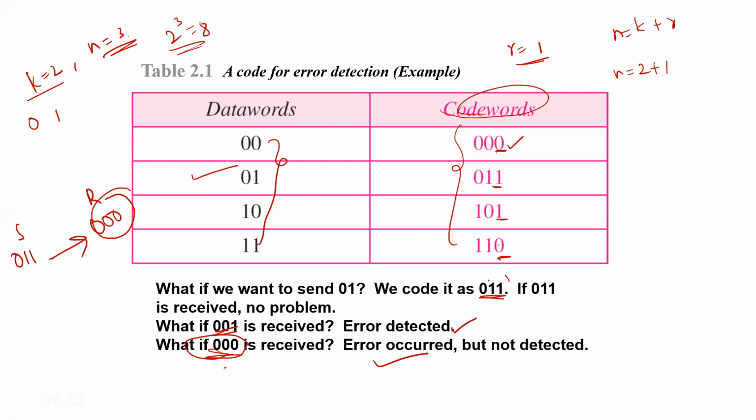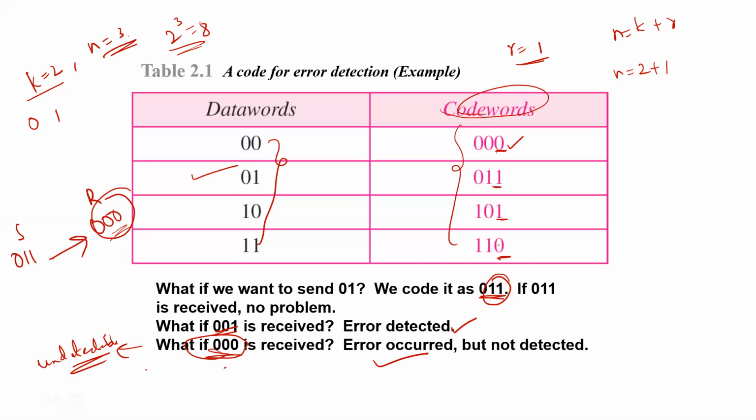So the right two bits are corrupted: instead of 1 we have received zeros. Even though the right two bits are corrupted, the receiver thinks that it is a valid code word, and the receiver incorrectly extracts the data 00. So two corrupted bits have made the error undetectable. This kind of error is not detected. This is what I was talking about in the previous slide.